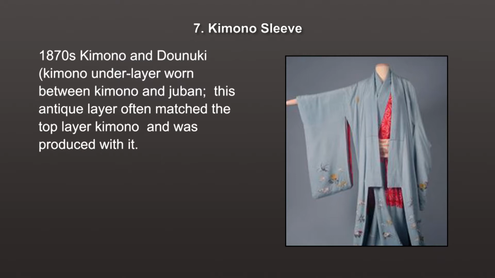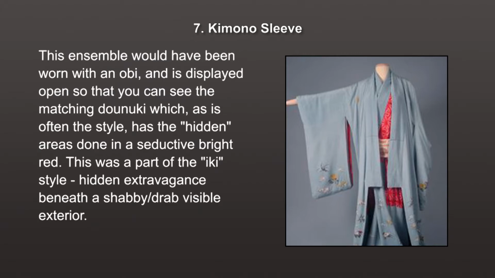Let us look at a traditional kimono outfit in detail. The picture we see here is a typical kimono and donuki, which is the kimono underlayer worn between kimono and juban. This underlayer is often matched with the top layer and always produced with it. This ensemble would have been worn with an obi belt